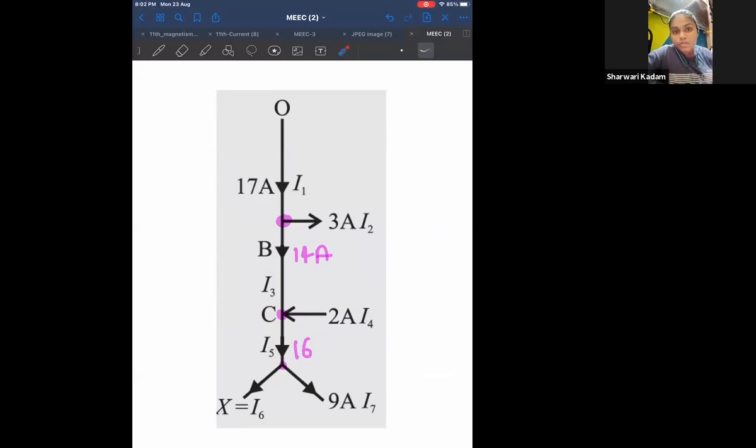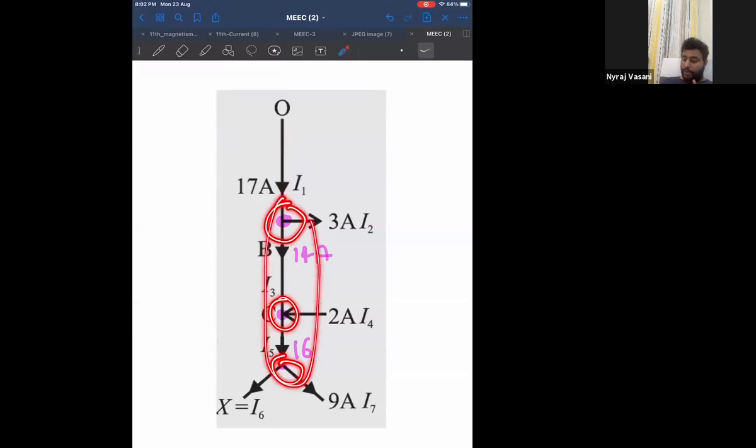Some directly used it in one equation only. You cannot use it in one equation, and I will tell you why. In this particular case, you'll get the answer, but the equation is meant for a particular node. You cannot apply the direct formula for all nodes. You have to apply individual junction analysis. You cannot combine all the junctions and give the formula, because current entering one node is equal to current leaving another node. Therefore, you cannot have a combined KCL for this. It is at a node.